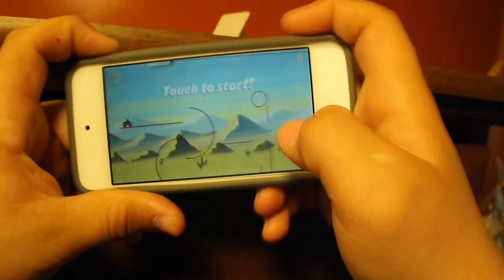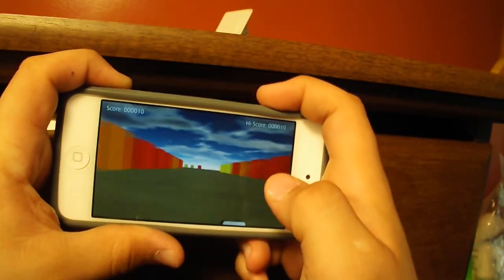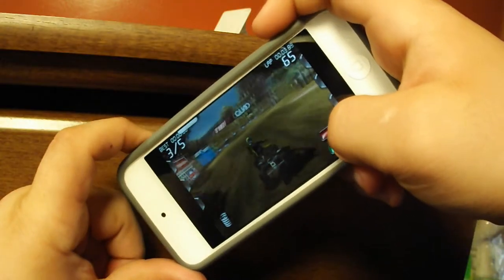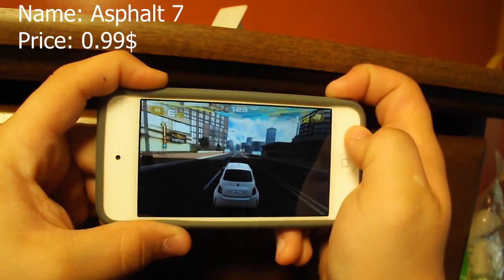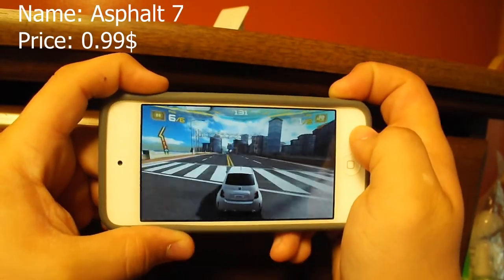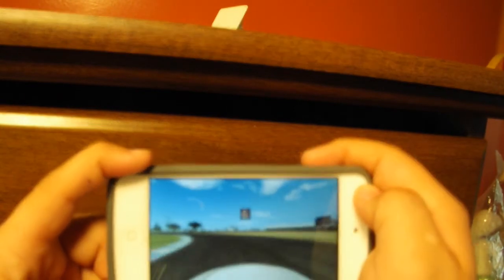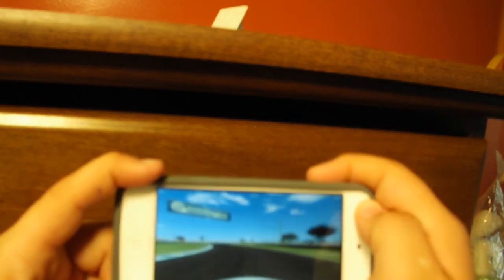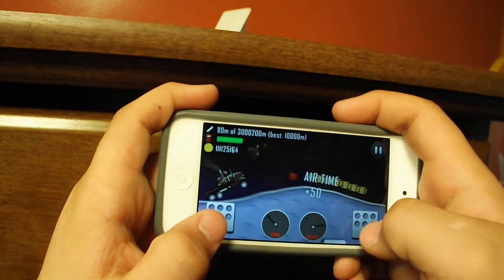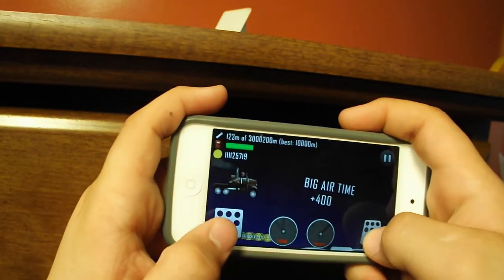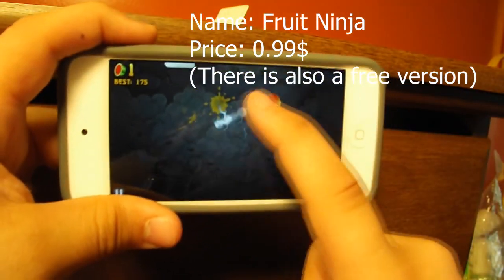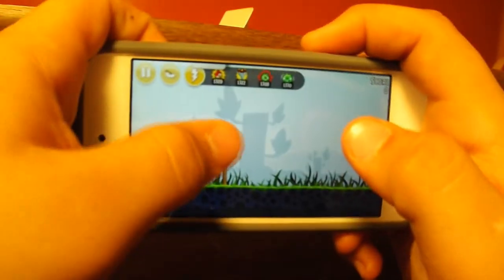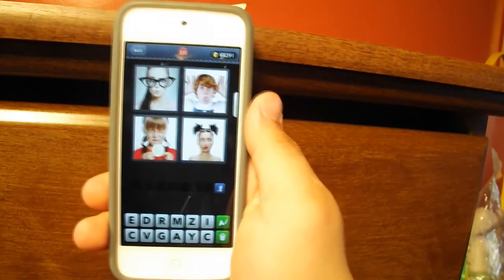Bike Race TFG, Cube Runner, ATVOffroad, Asphalt 7, Real Racing 3, Hill Climb Legends, Fruit Ninja, Angry Birds, Fall Down, 4 Pics 1 Word along with the cheat,